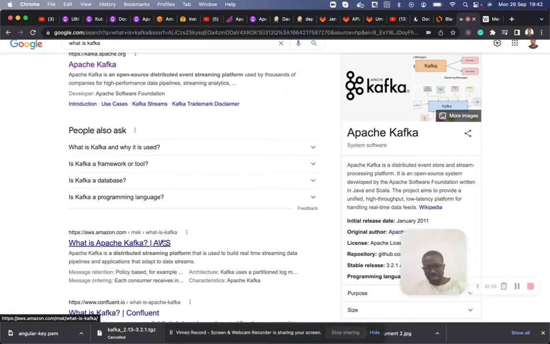So in data movement, there's a producer, someone who sends the message into the queue, and there's someone who takes the message out from the queue. The one who sends the message to the queue is the producer, while the one who receives the message out of the queue is the consumer. That is in basic messaging, which we are going to see after looking at what Apache Kafka is.